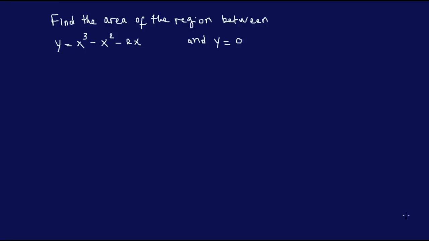Find the area of the region between y equals x cubed minus x squared minus 2x and y equals 0. Now this is kind of hard to picture, so you might want to draw it and see. You have to obtain the curve to determine where the curve lies above and below the x-axis, etc. So it's a good idea to see what it looks like already, so you see